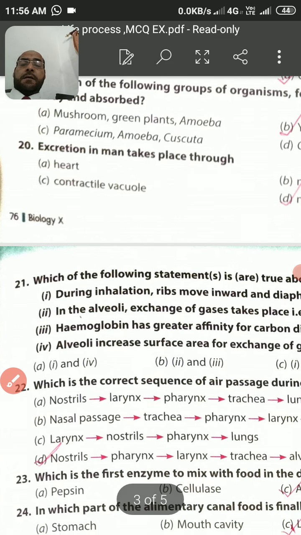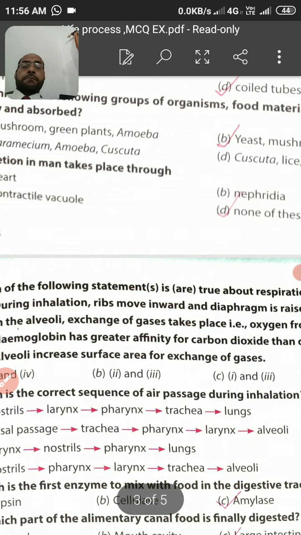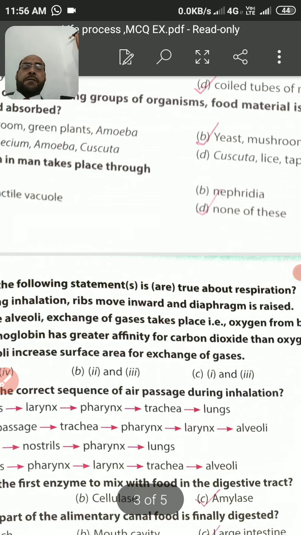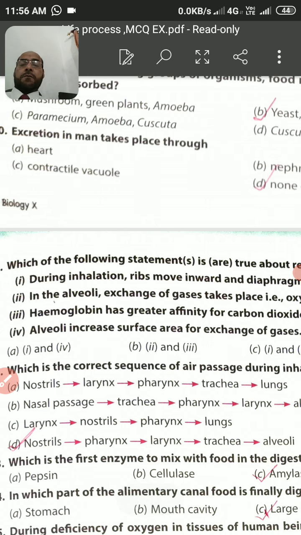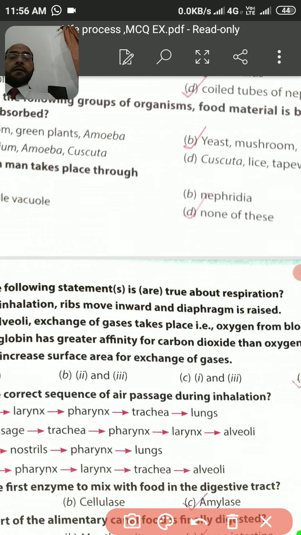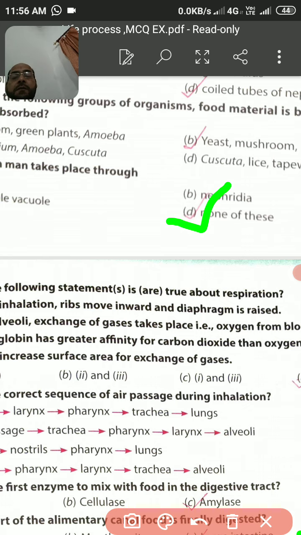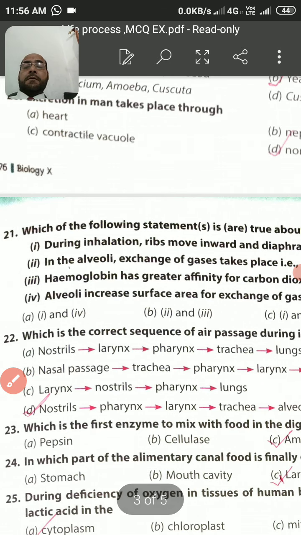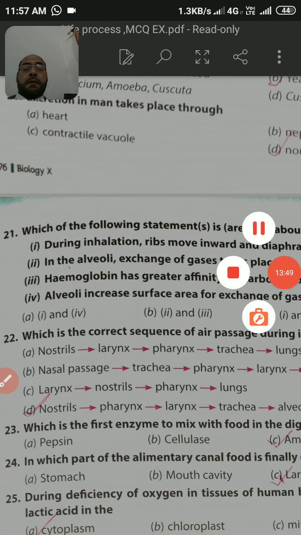And come to 20. Excretion in man takes place through nephridia, contractile vacuole, heart. So the answer will be none of these. इनमें से कोई नहीं होता है. एक्सक्रीशन किसके द्वारा होता है? किडनी के द्वारा, एक्सक्रीटरी सिस्टम के द्वारा होता है. So dear students, these are the question answers. Take them into your exercise, and